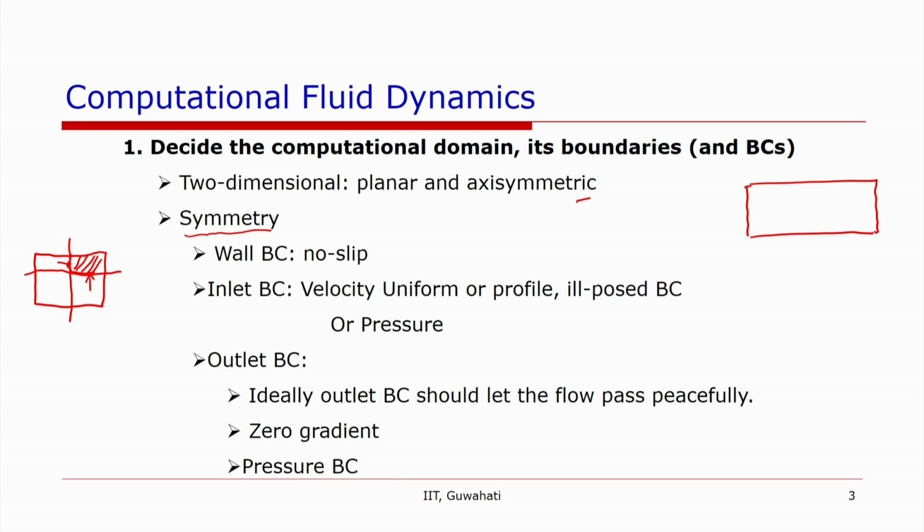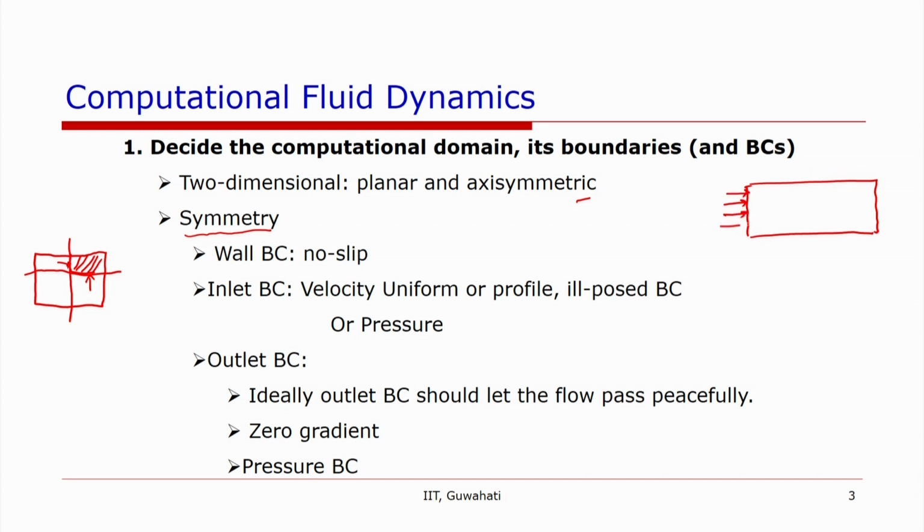At the inlet, we can define either a flow rate or a velocity profile or a pressure profile. Now, velocity can be uniform or there can be a profile. When you define a uniform boundary condition, say for example, if this is flow between two parallel plates, and if